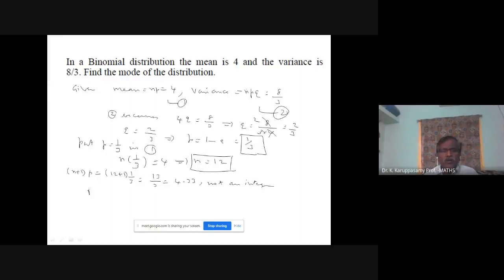Mode equal to m, where m equals the floor function of n plus 1 p. Floor function of 4.33 is equal to 4. So mode equal to 4. So in the previous problem, we get 2